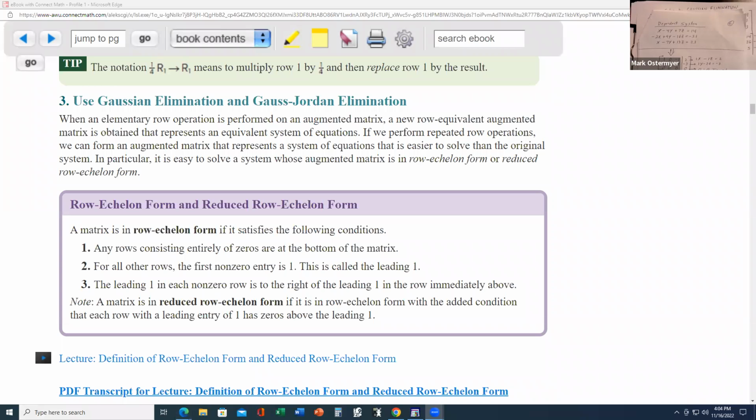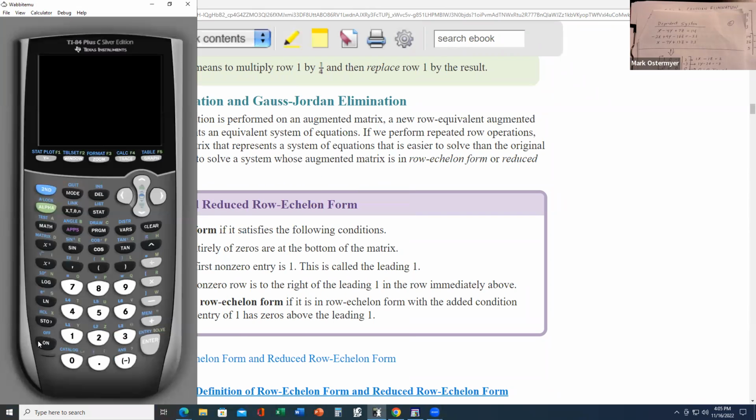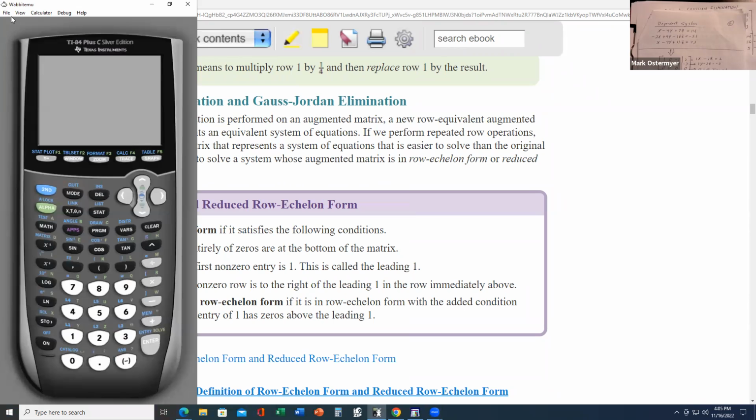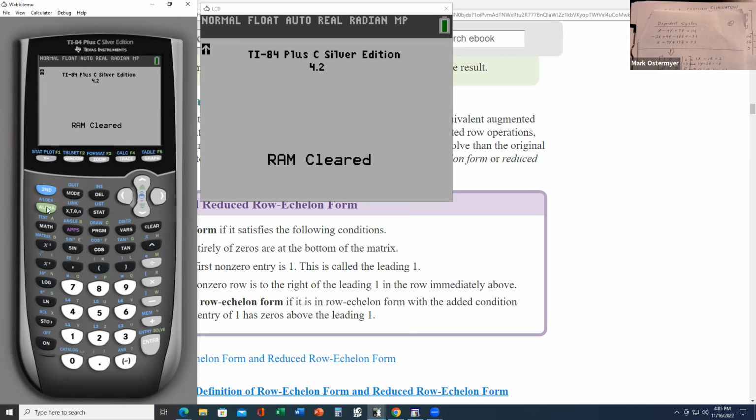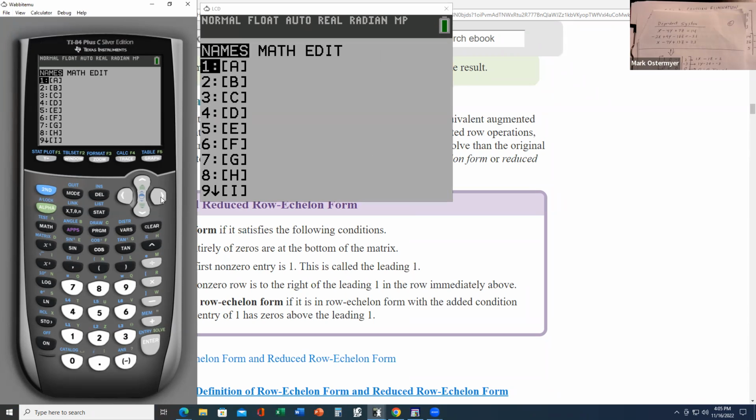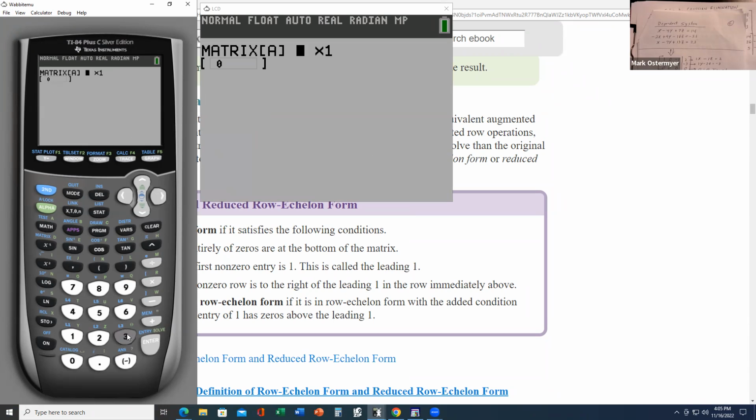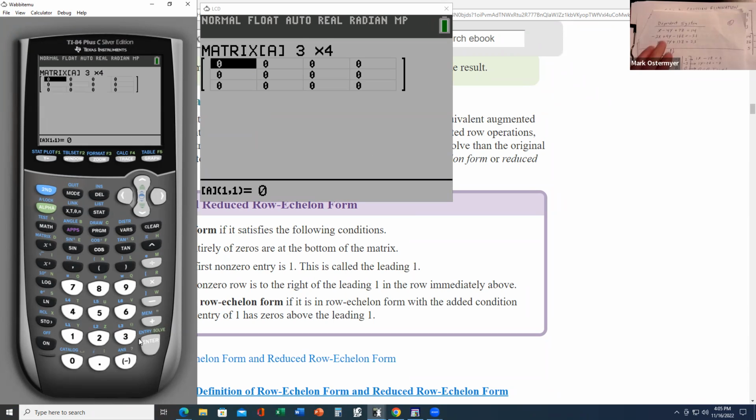All right, let's take it to the calculator now. Okay, so here we go. We go to matrix, edit. A 3x4 matrix needs to be entered in, 3 rows by 4 columns. And now we're going to type in the system I wanted you to write down. So we got 1,